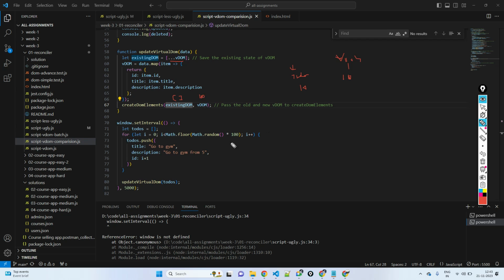Next time you pass a to-do of 5 elements. Now your existing DOM will have 10 elements and the new DOM will contain 5 elements. You copied the 5 elements here. Now the existing DOM will have 10 elements and the new DOM will have 5 elements, and you do the comparison between those things, and accordingly you update the DOM. So the only difference here is,